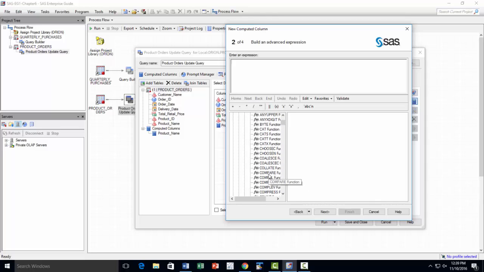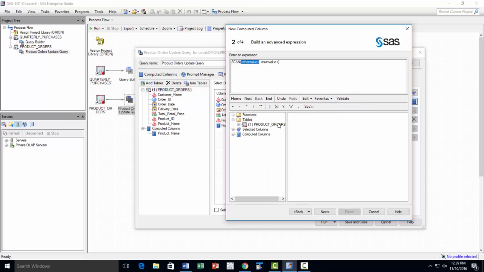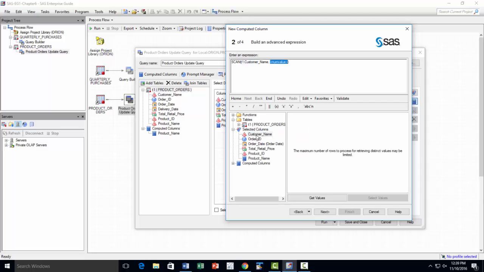Alright, so we're going to first use the scan function to extract the two names. So scan. Alright, so now what do we want? What is the input here? So for input, we go to the tables and select customer name. Okay. Now first let's get the first name. So we want the second